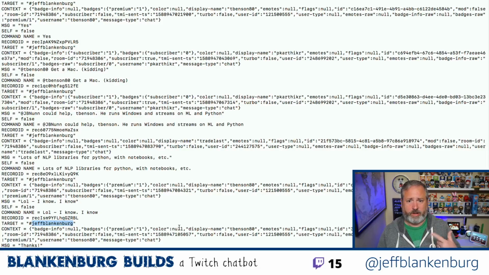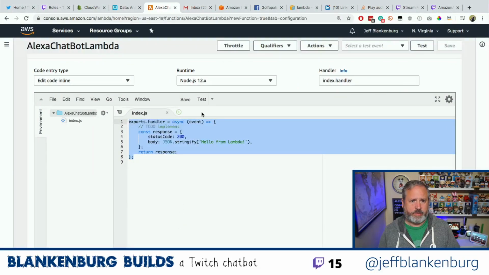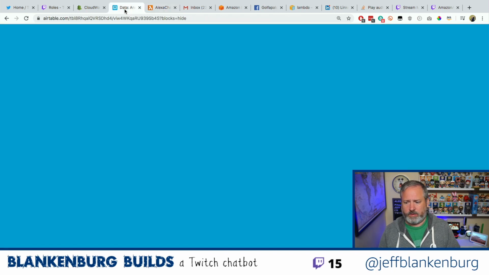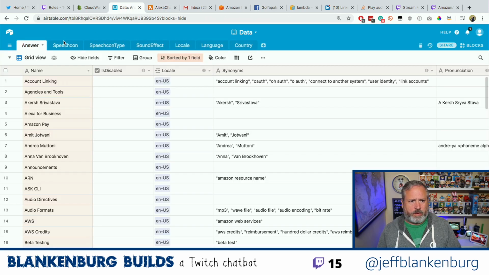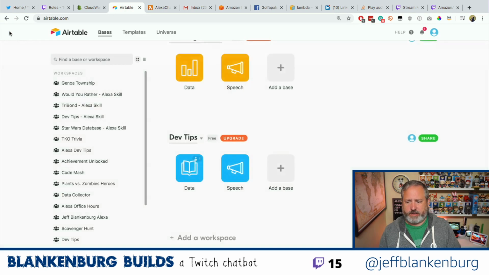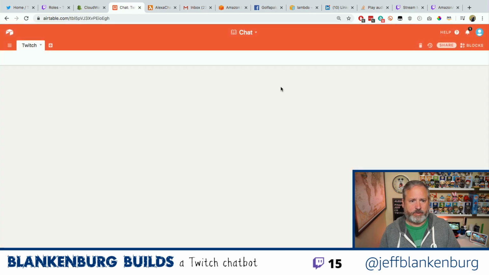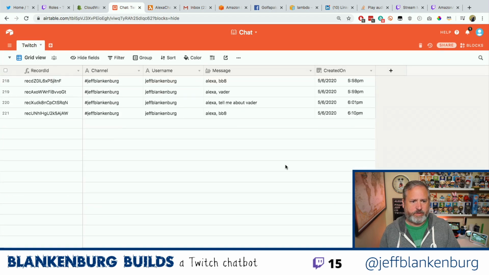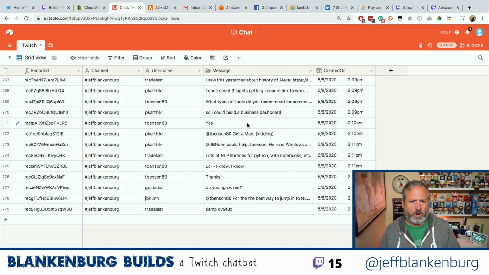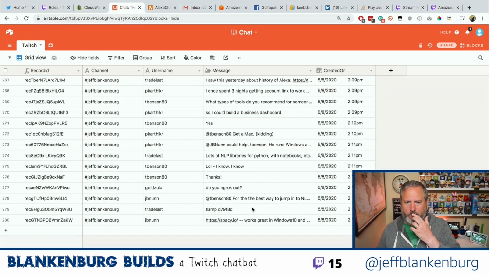And that's just running. And so one of the cool things about this is that if I go to my data table for my skill, which I'm also going to need to build a new one of these, I have this chat table that I've created. And you can see that if I scroll down here, all of the messages that we're typing, all of those things are being stored here in a database also.